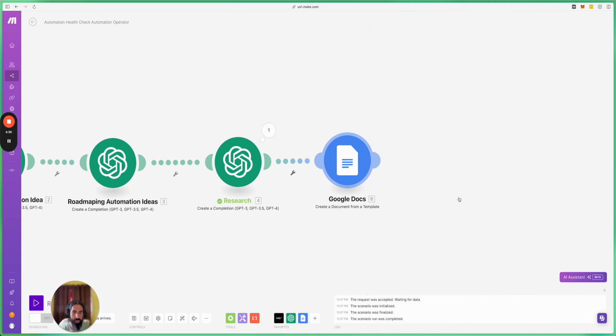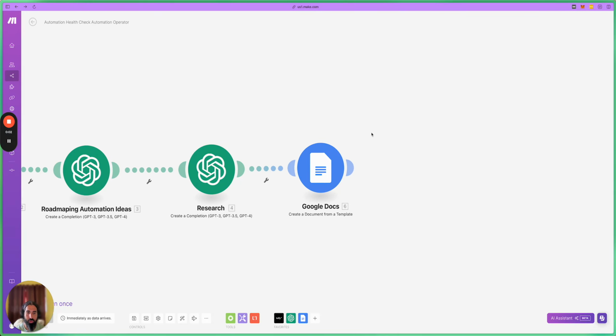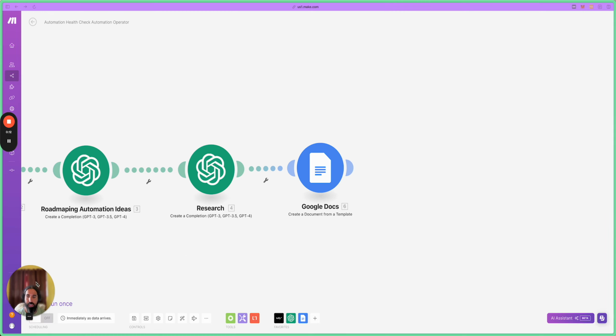OK, right? So what that's going to do is it's going to populate that Google document. It's going to generate that report. Now let's work on the following next steps. Okay, so we've got the template working. We've got that report that will be generated. Just as a check, let's just make sure that we save our scenario, because we've added a couple of modules,